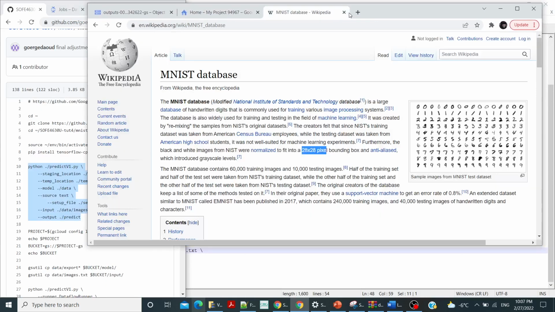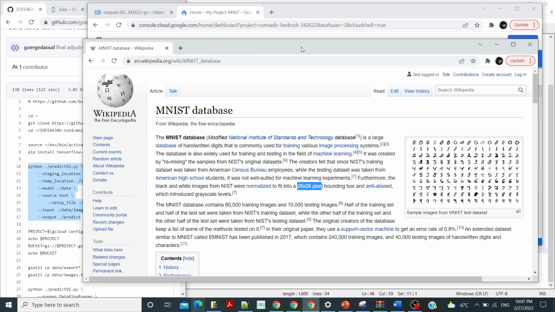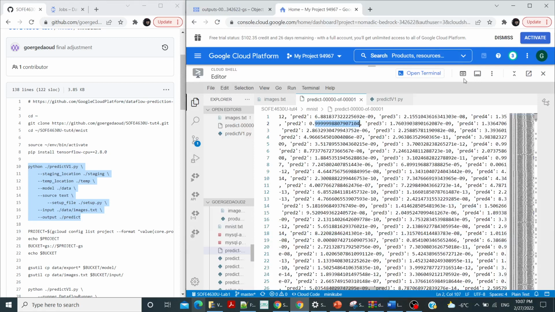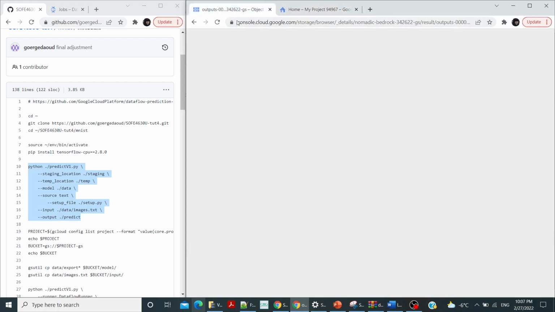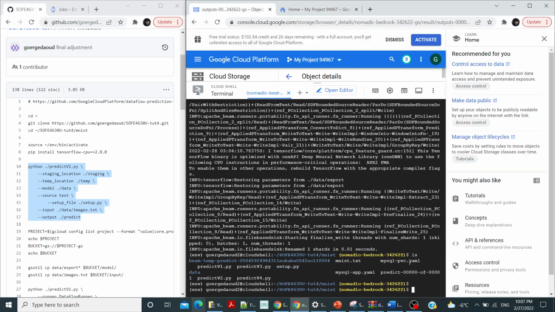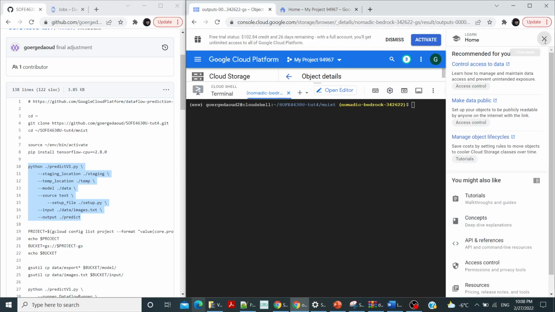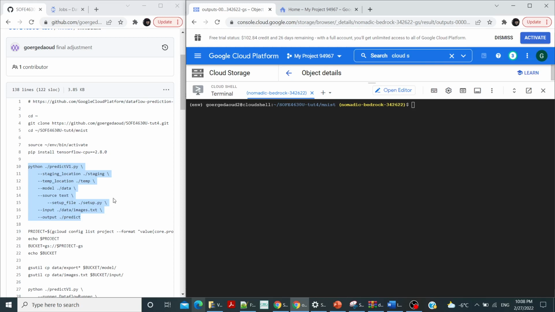Okay, so for now, if we want to run it, run this code. Let's clear the screen. Also, let's close the step here. Okay, if we want to run this code over cloud,